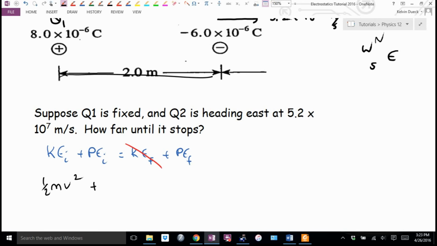I'm just checking here. Can I use QV? I could if I knew the voltage between them. Do I know the voltage between them? Then, you know what? It's going to be